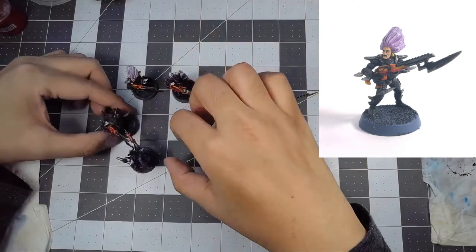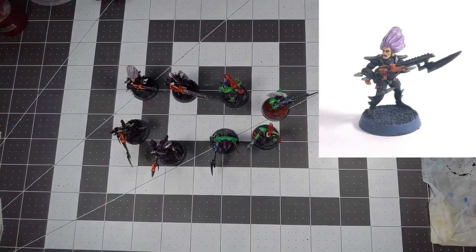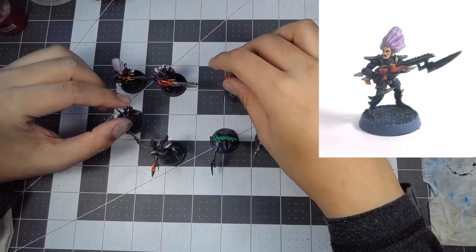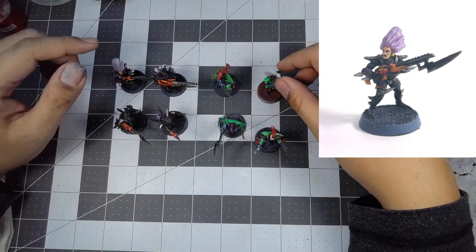Alright guys, let's take a quick look at these original Dark Eldar models. These models I got with the release of 3rd edition Warhammer 40,000. I split the box with a friend,